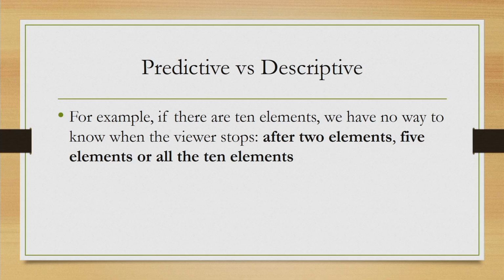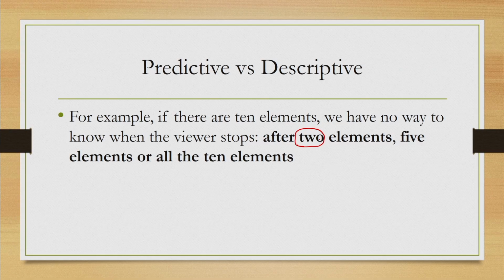In order to understand that question further, suppose in the web page that you designed there are 10 elements. Now, you ensure that they are placed in a left to right manner and you expect the users to follow the F pattern by the way you arrange the elements. All these are fine, but how can you say that all the 10 elements will be viewed? How can you say that the user will not move out of the web page after viewing say 2 elements or say 5 elements, or whether they are going to view all the 10 elements?